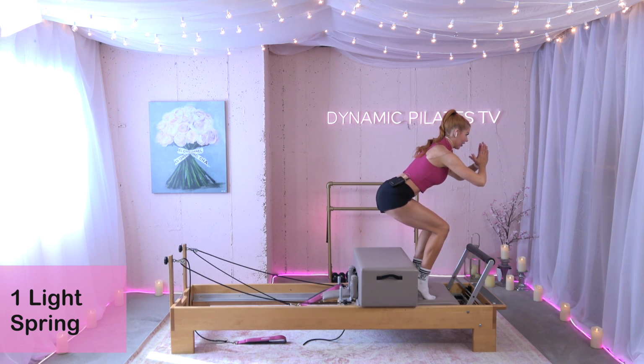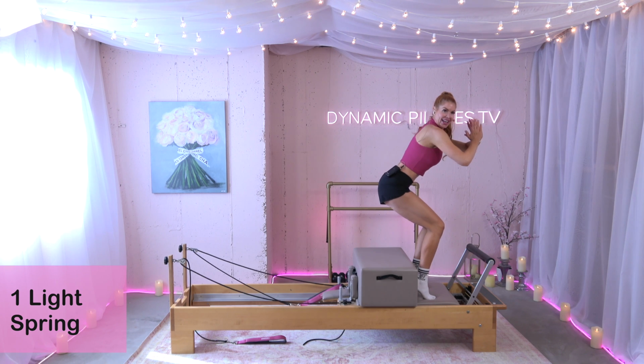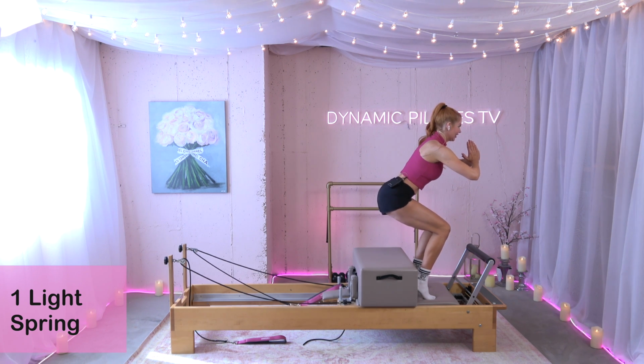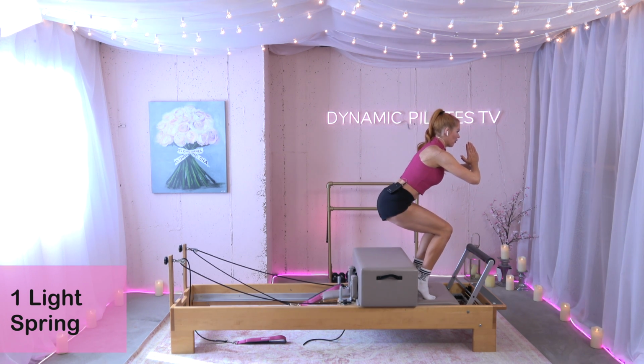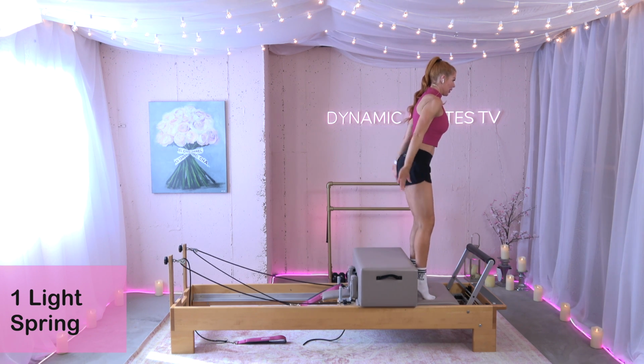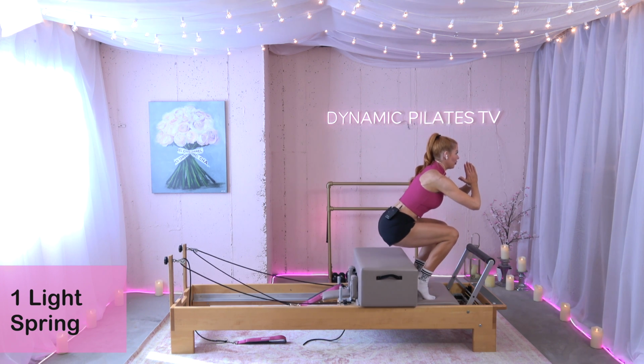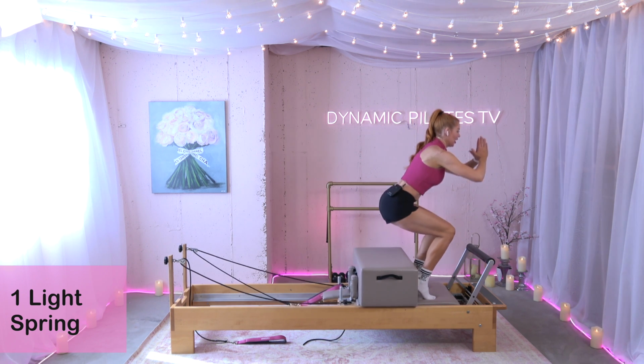Bring the hands to a prayer. Hold it here, up and down. Give me 10, switch on those glutes for a 9, 8, 7, 6, 5, 4, 3, 2, 1. Now take it up and down. Almost touch for 10, up and down, almost touch for 9, 8,